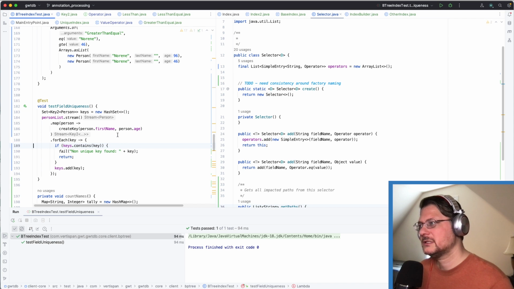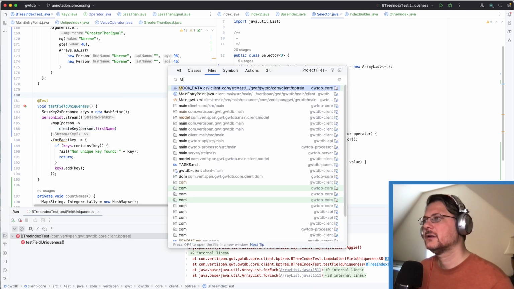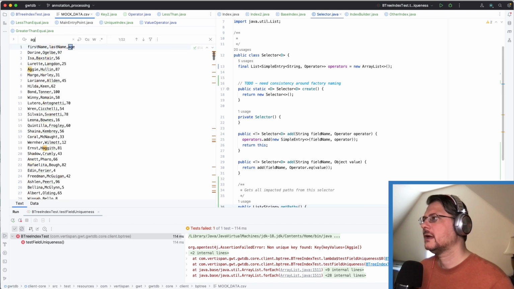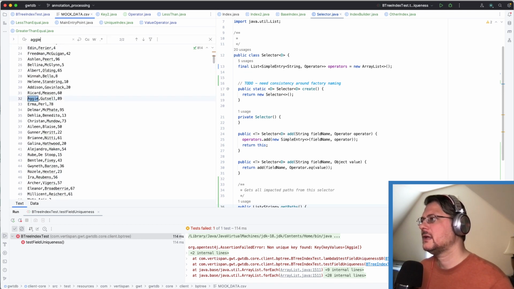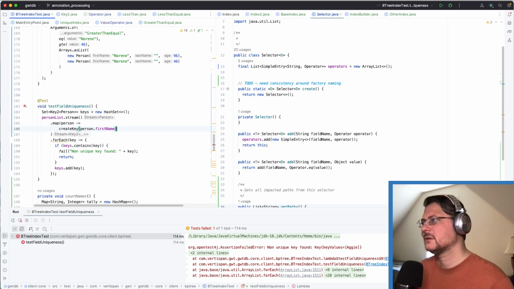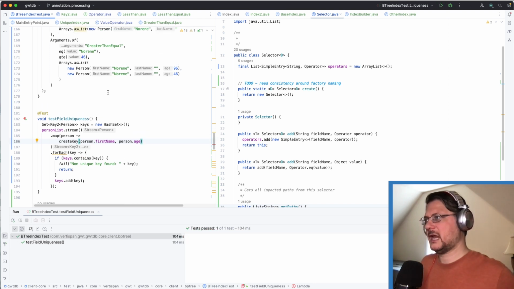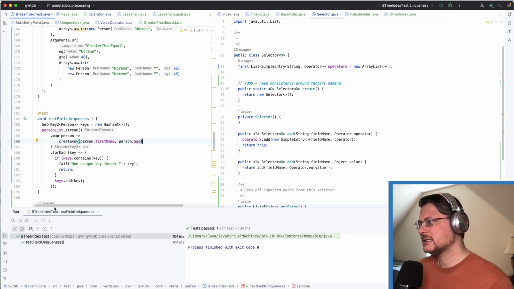All right, so I need to get rid of that. And that one should be successful now. And let's look at the first person in the list that fails that. And it's Aggie. So let's take a look at that data again. Aggie 87, Aggie 89. Yeah, so that's the first repeated first name. Cool, so that does work. So now we at least know that the first name and the age is unique,